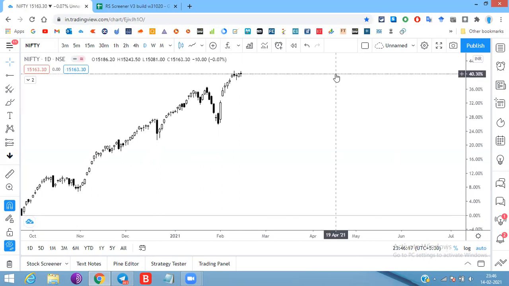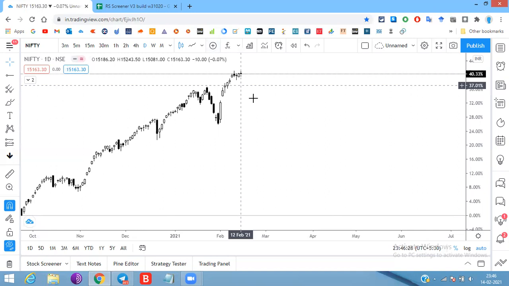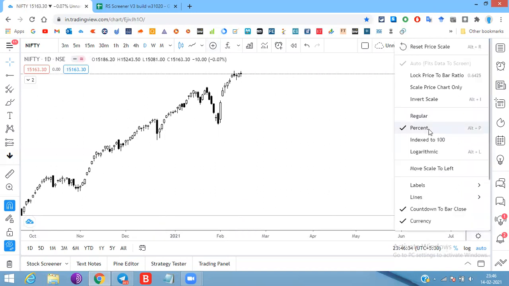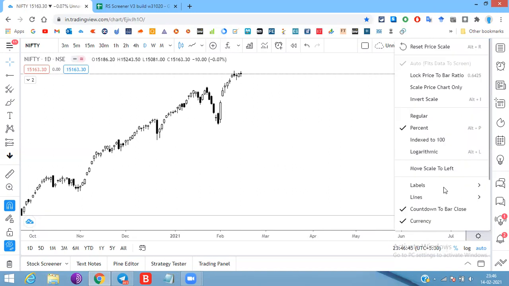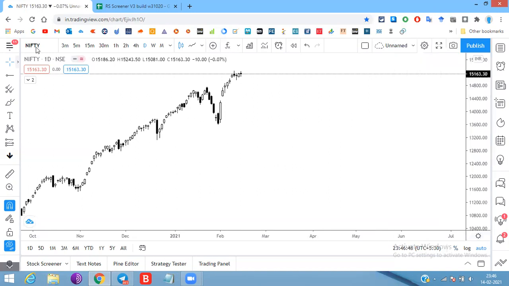First was using this compare symbol to analyze the spread chart. Second is by individually comparing, going in setting and changing the regular to percentage. Price will change to percentage, which is just a return. Okay, we have to just individually see the returns. Okay, and the third way, which in my opinion is also a good way to analyze the spread charts,